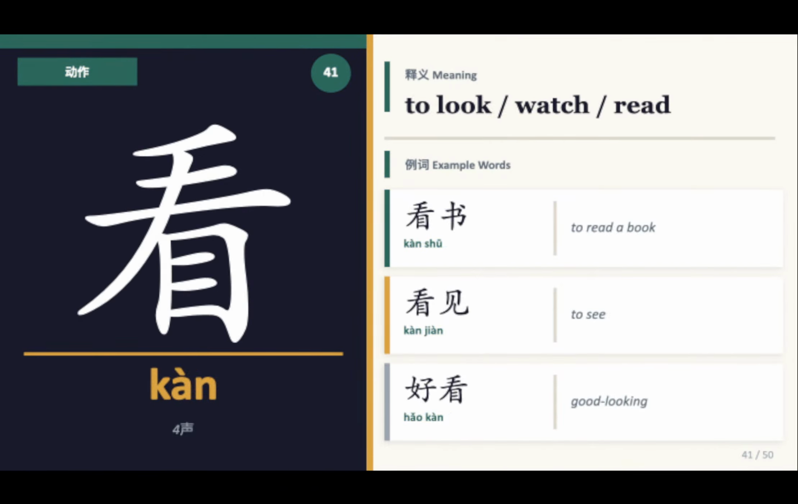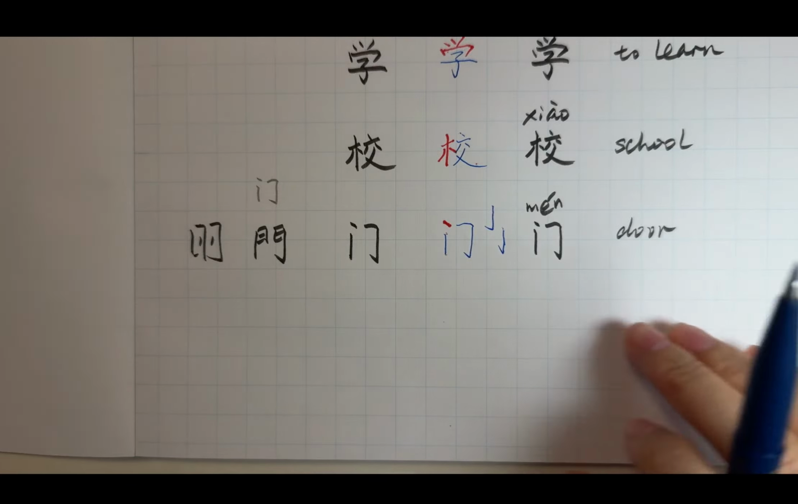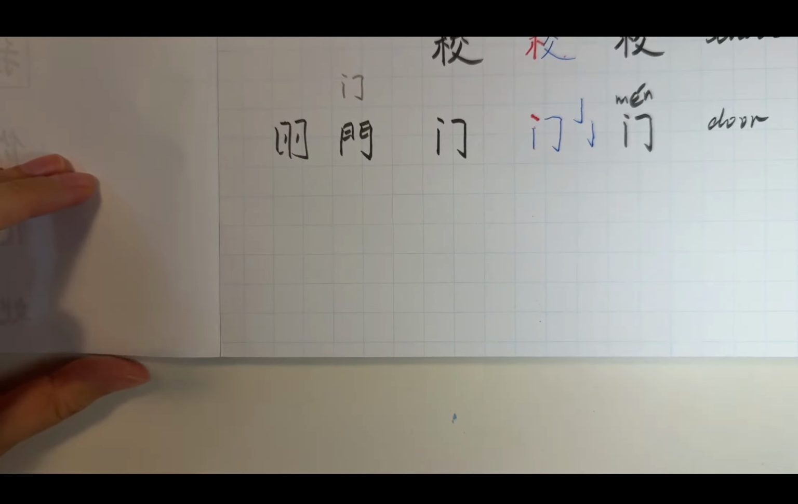Oh, this 看 is to look, to watch, to read. 看书, to read a book. 看见, really to see. 好看, 好 is good, 看 is look, so really like good looking. 好看, oh, you can say 这个人很好看, like this person is really good looking. But 你也可以说这本书很好看, when this book is really interesting. You can also say a book is good looking. So 这本书很好看。我们来看一看怎么写看。看